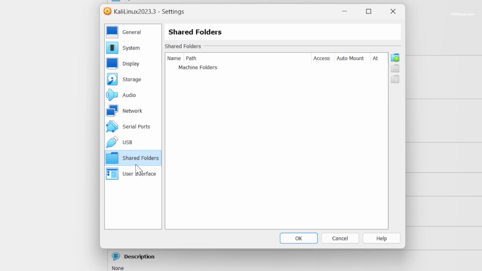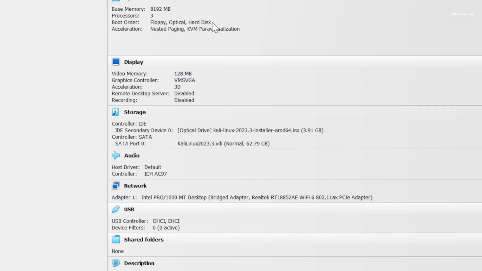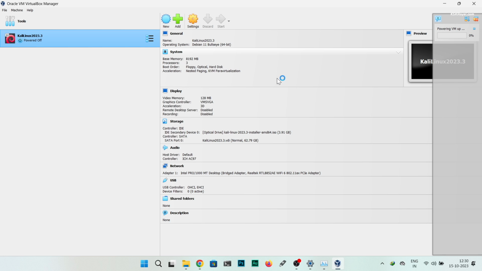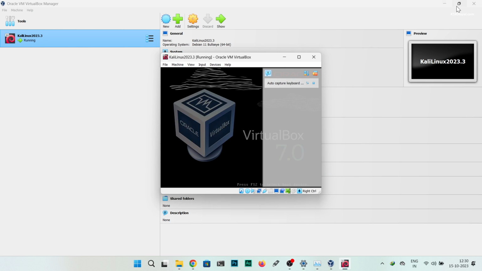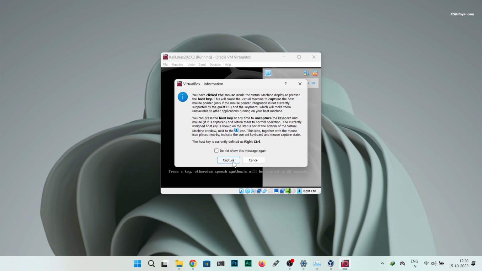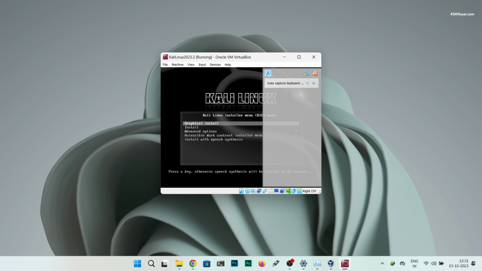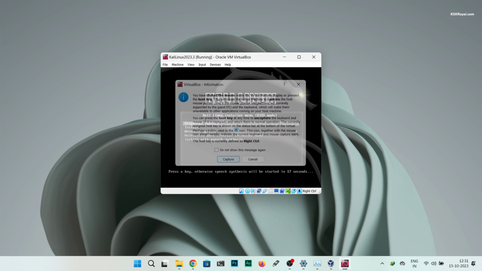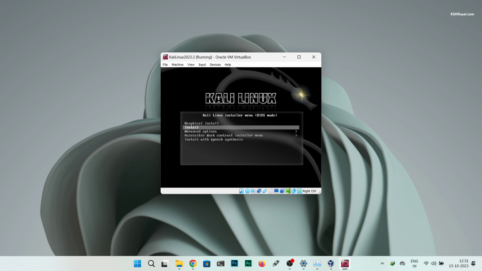That's it, we have done configuring the virtual machine. It's time to start the VM. To do so, click on the Start button. Then click anywhere inside the virtual machine. Keep in mind that when you click inside a virtual machine, the cursor control will be bound to the guest OS. To release, press the right Control key on your keyboard to get the control of the cursor back to the host OS. Now choose Graphical Install using the arrow keys and press the Enter key to boot into the new Kali Linux installer.